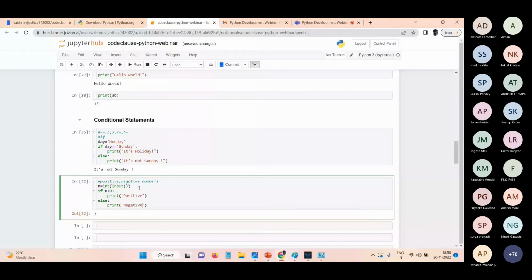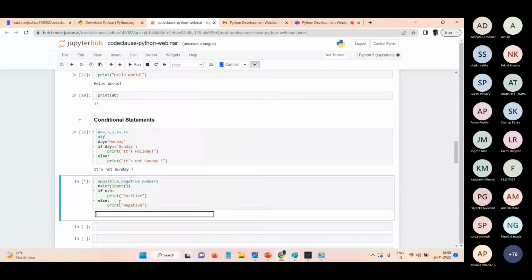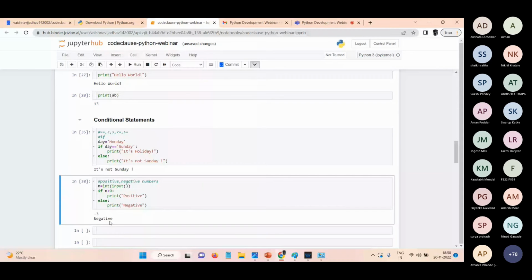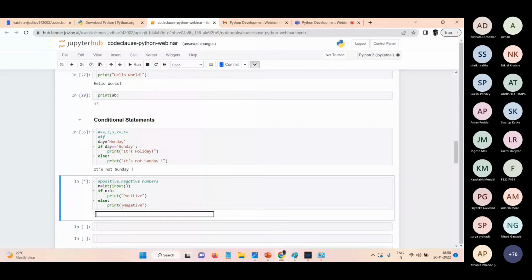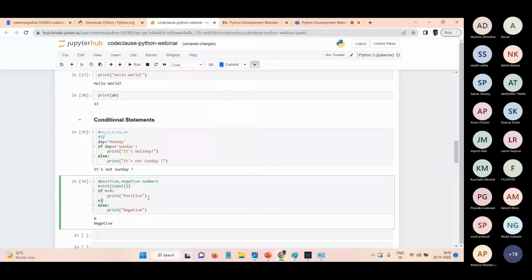Okay, let's give an input as a 6. Okay, so here the 6 is positive, so it will give the number is positive. Let's take a case for negative. So it will see here that minus 3 is a negative number, so it's showing us negative. But what if we have given a number as a 0, it will still show us negative, which is a bug. So we need to add one more condition here,